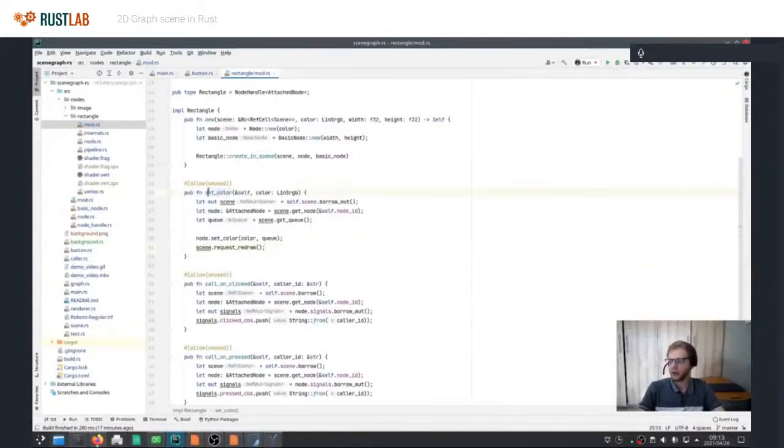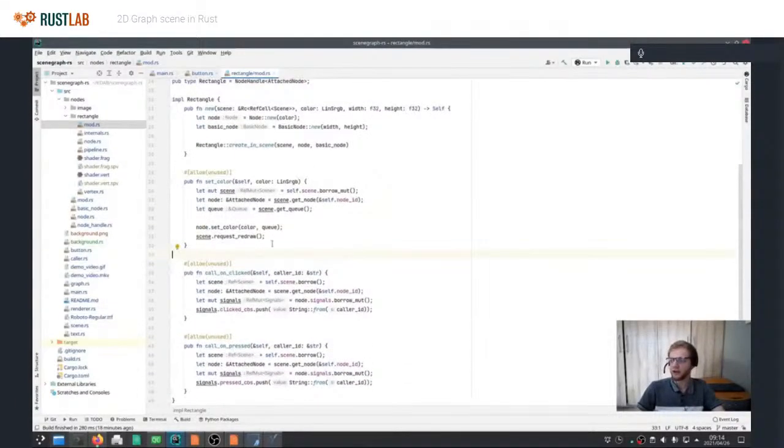So if you're calling a lot of these things, they all see that the dirty flag was already set, so they don't issue another event on the queue. Only when you return to the event loop is it going to dispatch that redraw event and redraw the scene. Currently I'm not redrawing the scene if nothing has happened.